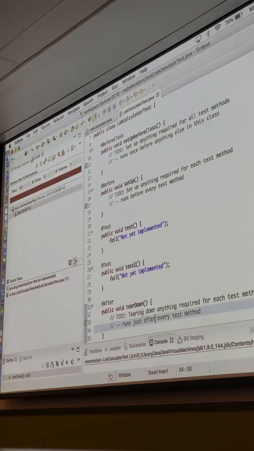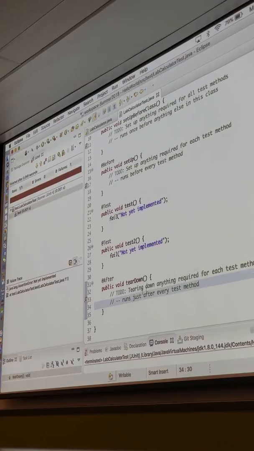So these are great, and you don't necessarily need it in this course, but in software engineering, you'll use setup, for example, to connect to a database, do your test, and then tear down to disconnect from your database. That kind of makes sense? In here, we just have files, so you're just doing file I/O, so you really don't need to do that as much. But if you were testing out a database to make sure that you had the right data in there, you'd be setting up the database connection first, doing your test, and then tearing it down. And then similarly, there's also something called after class,